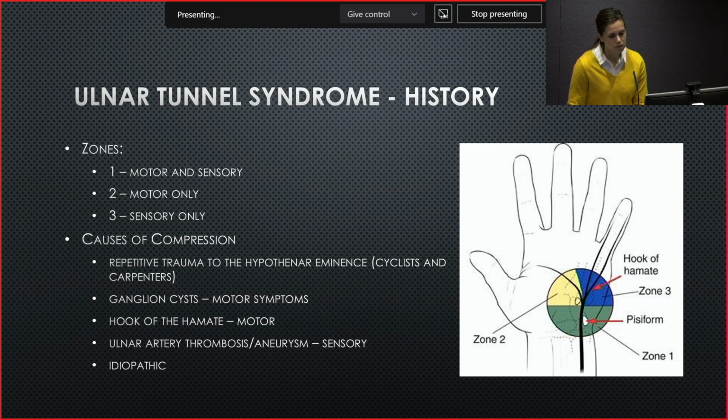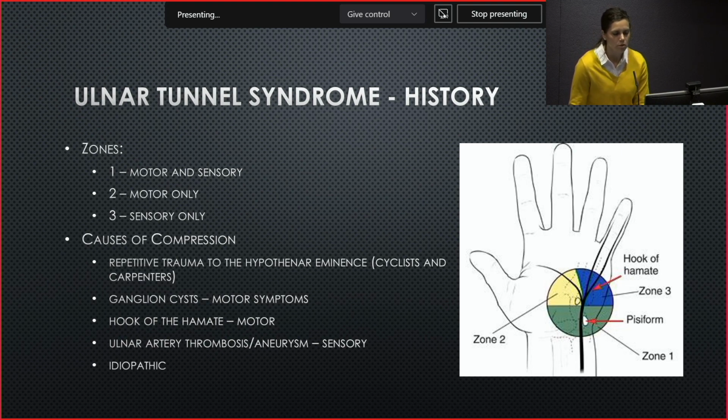Just distal to that, we see more motor symptoms as the motor branch is compressed, and classically a ganglion cyst will cause compression of the motor nerve. And then distally, compression of the nerve will just cause sensory changes, and that may be more likely with ulnar artery aneurysm or thrombosis. So other causes of ulnar tunnel syndrome, classically this patient is a carpenter who uses their